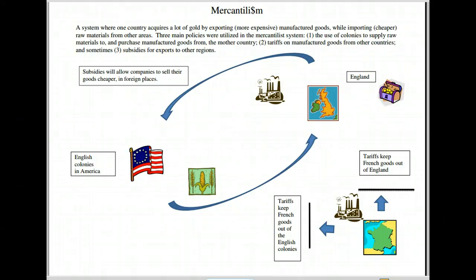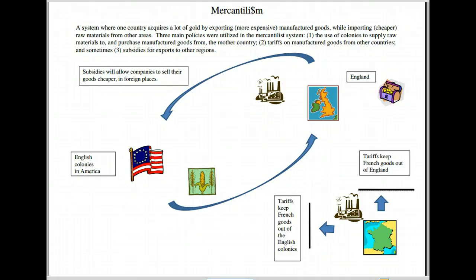What drives home the fact that manufactured goods are more expensive is looking at the current price of gasoline, a product made from refining crude oil. According to the U.S. Federal Energy Information Administration, the average price of gasoline in this country on August 5th, 2013 was $3.62 a gallon, quite a bit more than the crude oil that it came from.